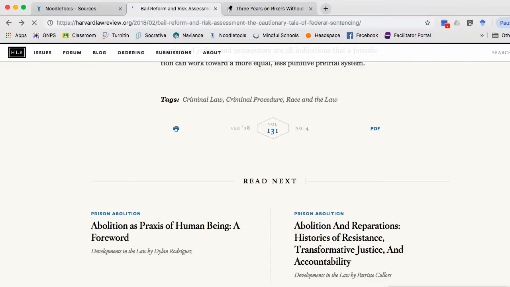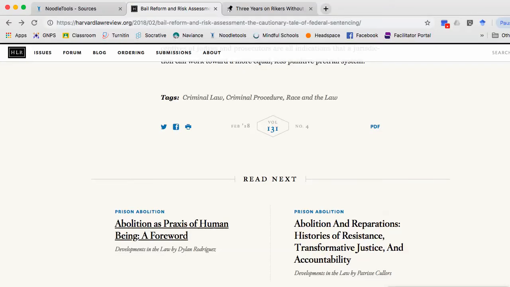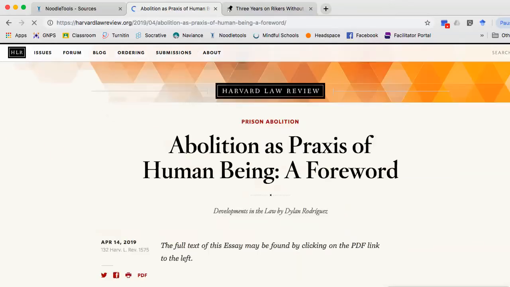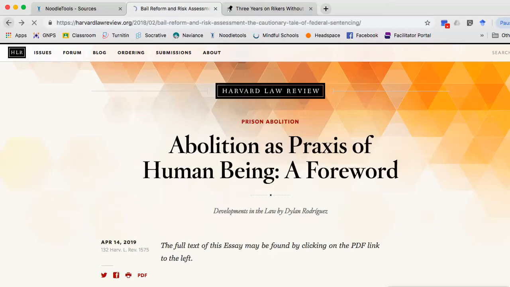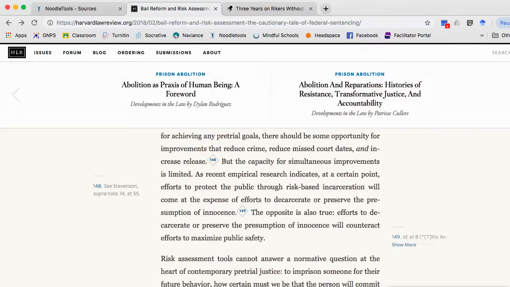I'm going to go back to my source. What I'm going to do to see what their process is, I'm going to look at another article because here I have a "by somebody." So I'm going to click onto this one. Yeah. So it looks like in Harvard Law Review, when they have an author, it's going to be placed right underneath the title,